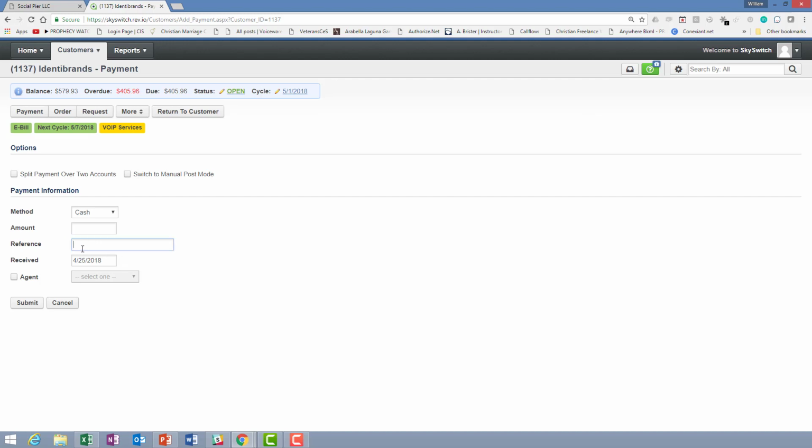You could put the check number and the date you received it. This agent selection here is never used. There is no agent capability, agent commission, or agent capability within this version of Rev, of the billing platform that you're using, which is called an agent reseller version. Okay, so back to